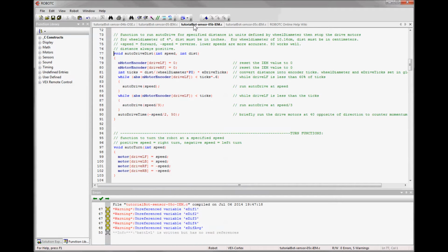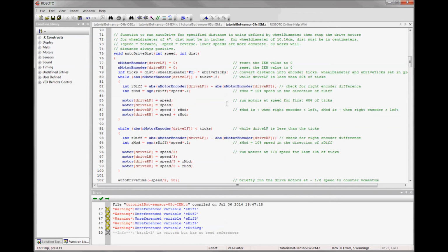So we need to add a little bit more code, which would look like this. Let me walk you through that. We cannot simply do an auto drive anymore because we want to tell the left side and the right side to do different things. The concept when you're pairing up two different encoders is that you want to consider one side, and in our case the left side, to be the standard, and then the other side you want to match to it. So you check both sides, and in this case we're taking a variable called RDiff, and it